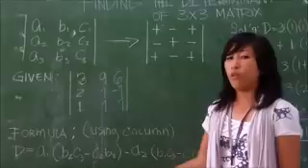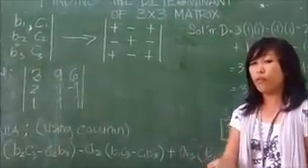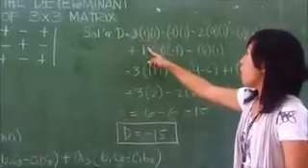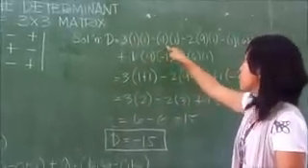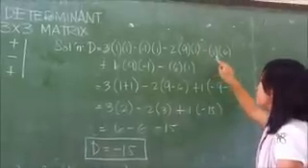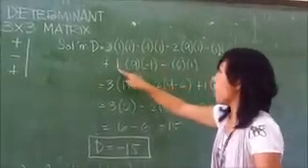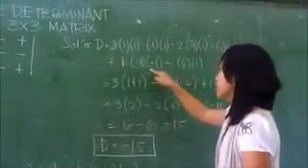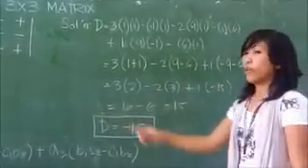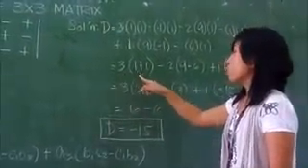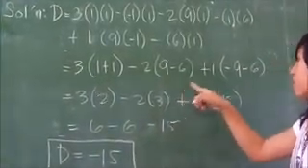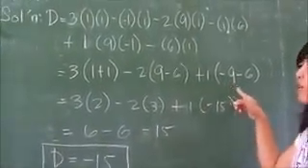Using the given formula, we will have D is equal to 3 times 1 times 1 minus negative 1 times 1, minus 2 times 9 times 1 minus 1 times 6, plus 1 times 9 times negative 1 minus 6 times 1, which will give us 3 times 1 plus 1, minus 2 times 9 minus 6, plus 1 times negative 9 minus 6,